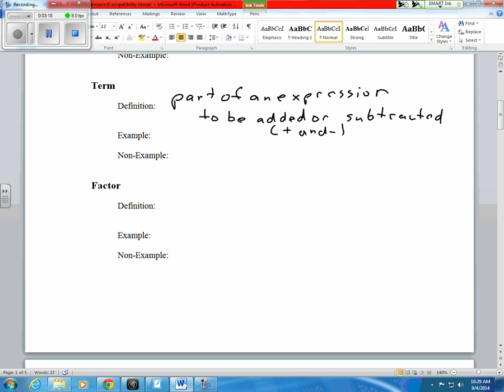So, for example, if we have an algebraic expression such as 5x plus 2, I really have two different parts. I have this first part right here, that first term, 5x. I have this second term right here, 2. So if we were looking at this whole big grouping, that is no longer a term, that is two terms. Two different parts. A factor is a quantity